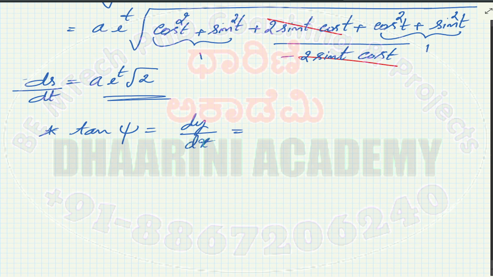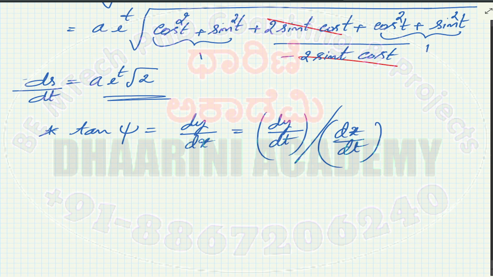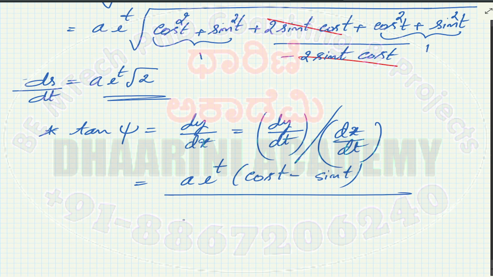But in this particular problem I don't have a dy by dx directly available. So what you do, you can simply write dy by dt, this is my numerator, divided by dx by dt. If you do such a thing, dt cancels and I get dy by dx. Just to substitute that, let's write the dy by dt in the numerator. That is a e to the t into (cos t minus sin t), divided by a e to the t